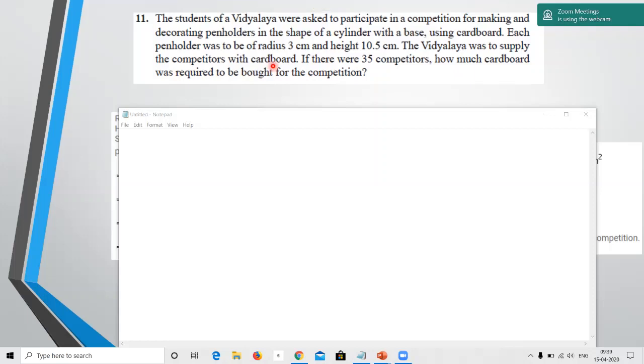First, the area of the cardboard. The total surface area. Total surface area minus the top. Yeah. Whenever you use the words total surface area, it means the top is also there. Or you could do it as lateral surface area plus the base, the bottom. Yes. So do it all together, children. There are 35 competitors. So don't break the sum into parts, as I always tell you. So you can do 2 pi r h, that's the lateral surface area, plus pi r square, the base, into 35. That's it. You don't have to break it down.